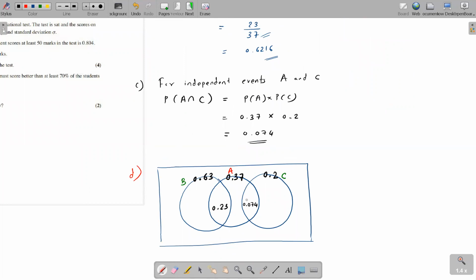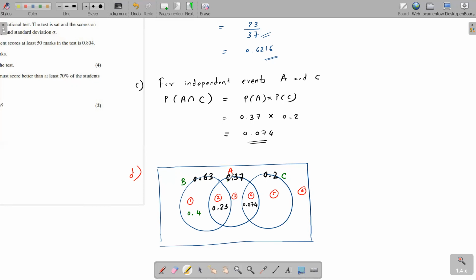Okay, so now, children, all you have to do is find the remaining regions. If I give these regions some numbers, 1, 2, 3, 4, 5, 6, how do I find the value of region 1? 0.63 minus 0.23. The whole circle adds up to 0.63. Can you all subtract and tell me the answer for region 1? 0.4. 0.63 minus 0.23 is 0.4, right?